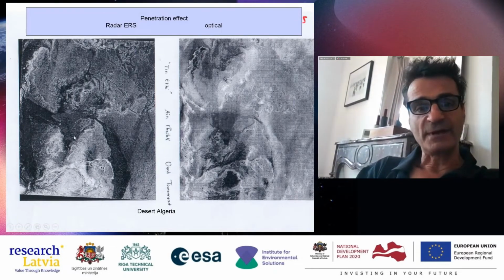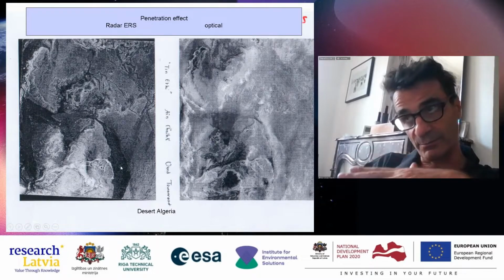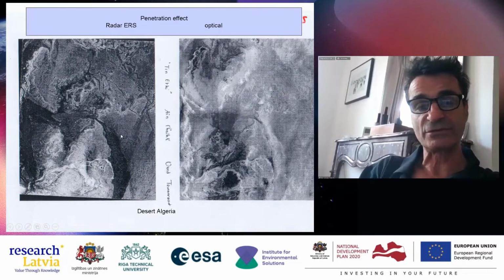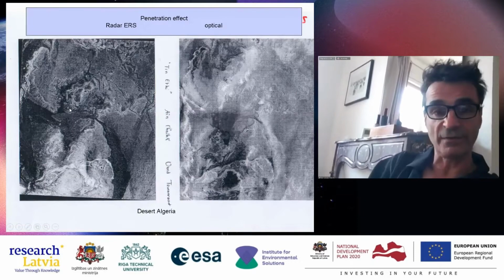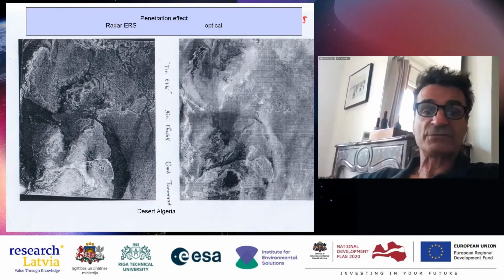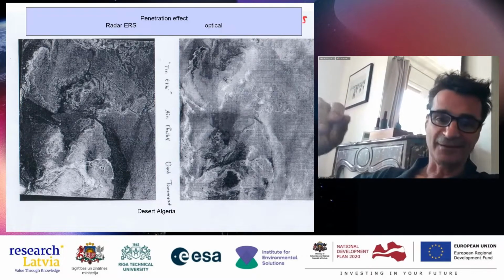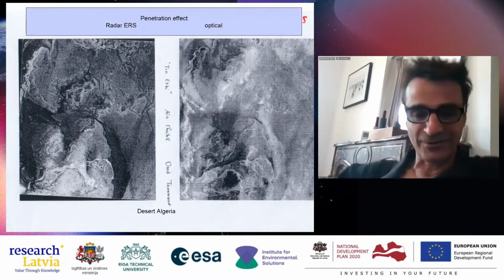And the same area with ERS, 6 centimeters of wavelength, you can see the buried geological structures under the sand. This is because the sand is really dry and there is not so much sand over the buried geological